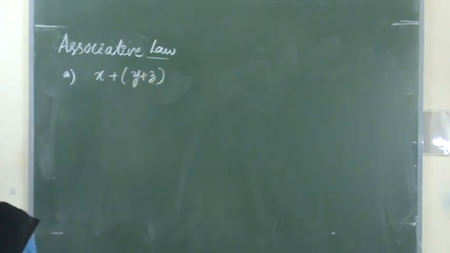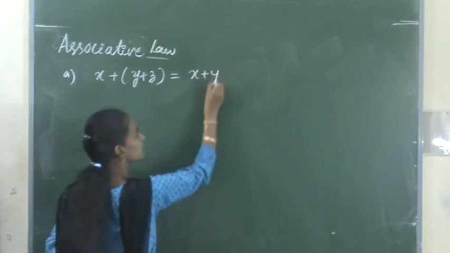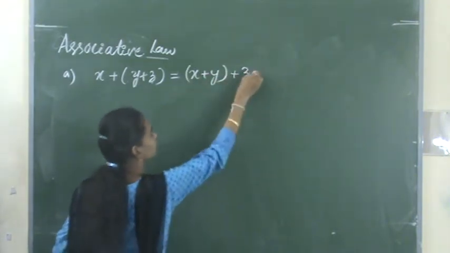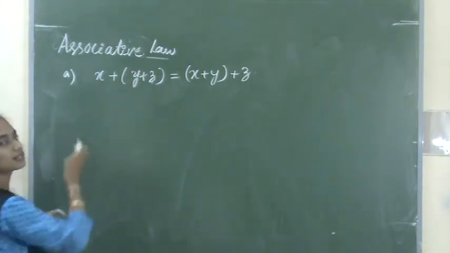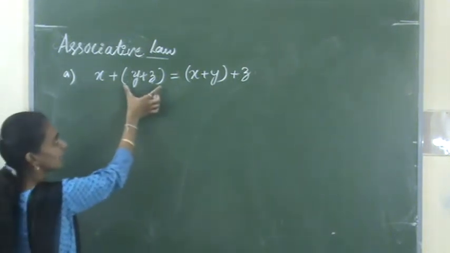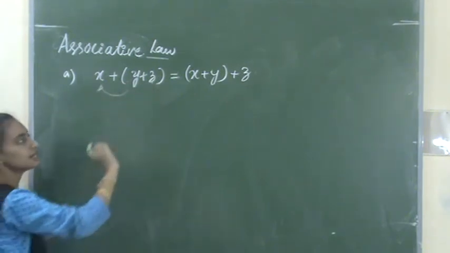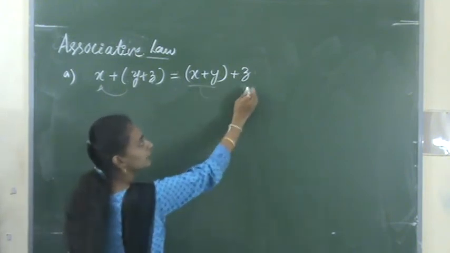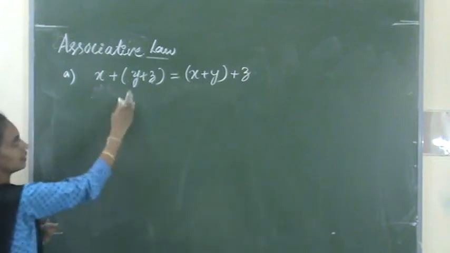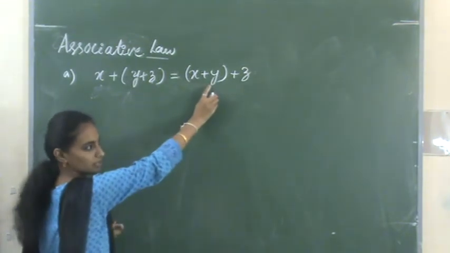operation with three variables, if we are changing the brackets for the variables, we will get the same result only. Here we are performing the OR operation, meaning logical addition. First we are adding these two variables, and the resultant will be added to X, right? Here first we perform this addition and then we add another variable Z, right? This result will be the same as this result only.